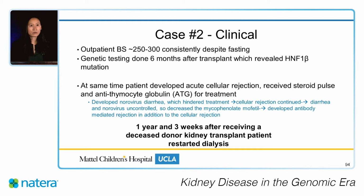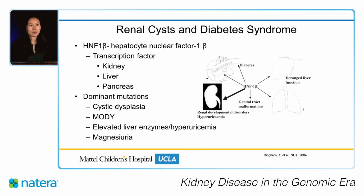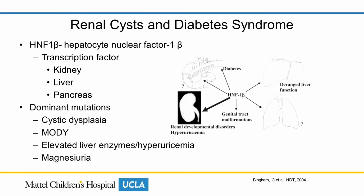So 1 year and 3 weeks after receiving a deceased donor kidney transplant, the patient was restarted on dialysis. So this case just illustrates that the parents were quite overwhelmed with the amount that they had to learn with their child having this new diagnosis of diabetes, in addition to having rejection and dealing with the kidney transplant. So it was just a stressful time for the family, and it would have been nice if we had genetic testing available to help with family counseling and planning and just realistic